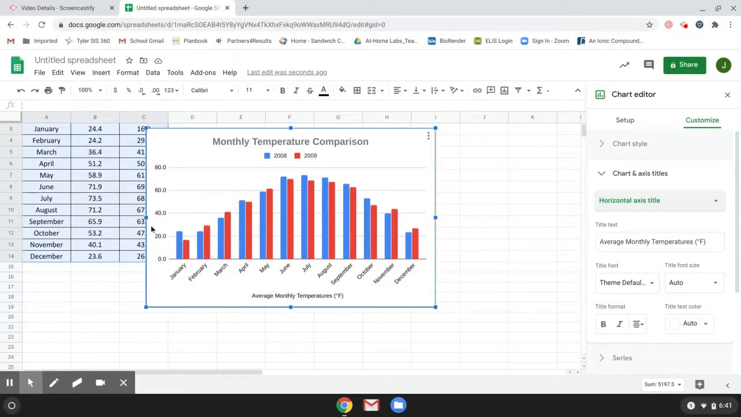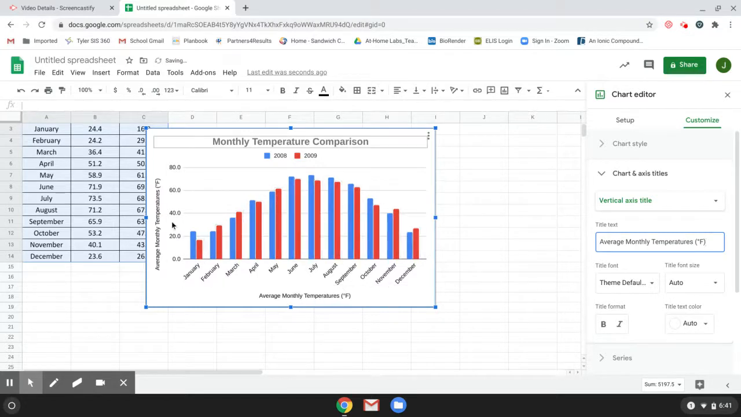But instead of typing the whole thing in, we're going to do a little cheat. So I go to horizontal axis title. I am going to highlight this whole thing in the title text. Then I am going to press Control-C to copy it. Okay. I'm going to switch from horizontal axis title to vertical. There's nothing down here in the title text. I'm going to click down here, and I'm going to press Control-V to paste that in,